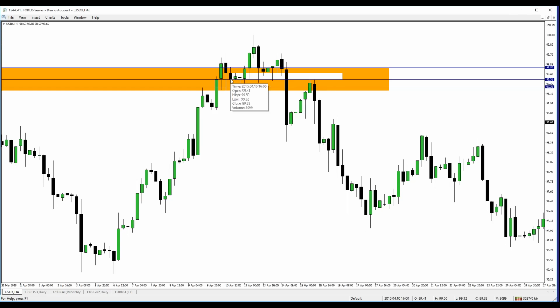99.35. That's your midway point inside the body, rounded to 5. You can go with 30 and be early. There's nothing wrong with that, because we're only talking about 40, was it 41? Yeah, 41 was the high of the body of this candle. So if you're okay with that and measuring your risk, you can get short at 99.30, which is the